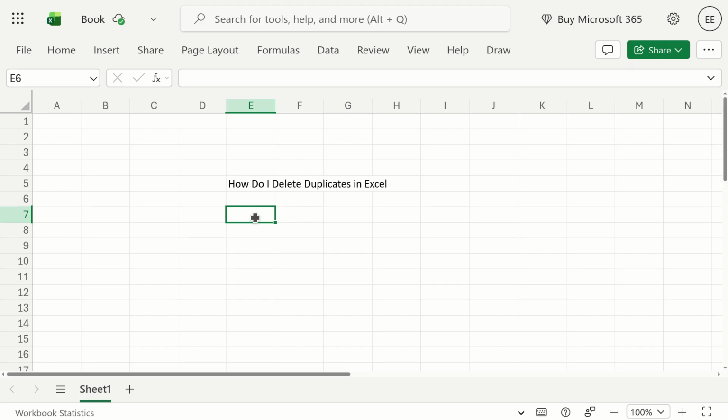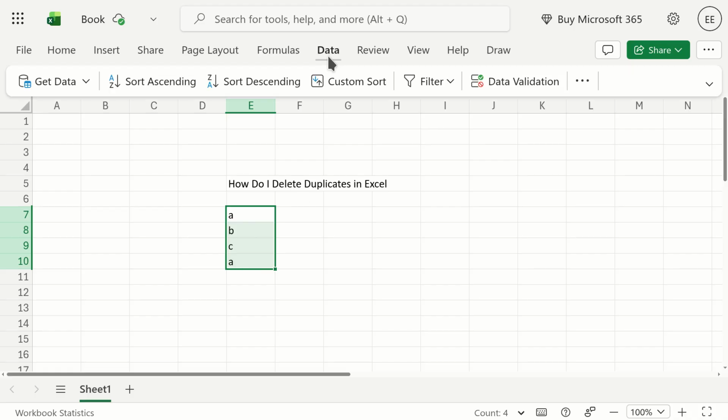So the first thing we need to do is put in the data. Let's prepare the data: A, B, C, so that's non-duplicate, and then we put a duplicate one, which is A. So we have duplicate data, A and A. The first way to remove the duplicate is by selecting all of this, A, B, C, A,